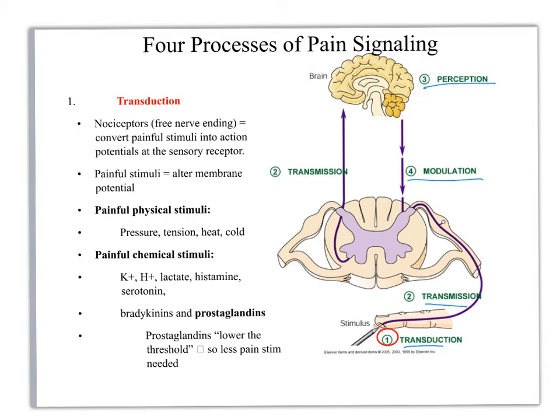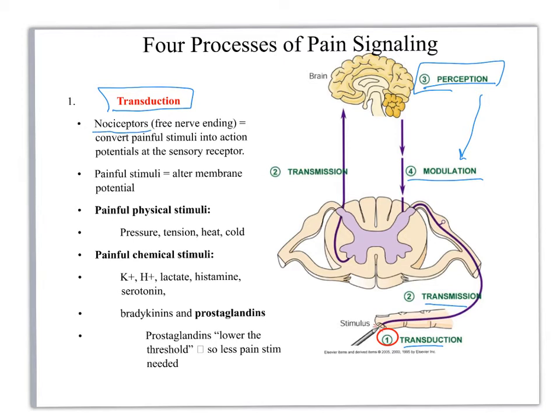So the idea with the pain processing is what is the pathway it takes to get up to the brain? And then once you're at the brain, so brain is going to be where the perception is, are you going to leave it as is, or are you going to modulate it and change how you are transmitting that signal or perceiving that signal? Okay, so with transduction, the key terms I want you to remember, well, we've already talked